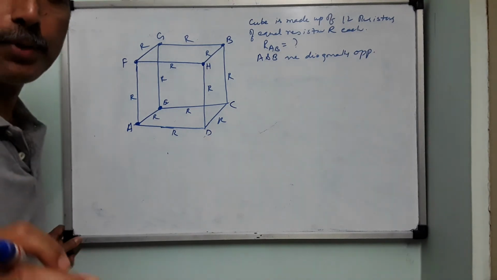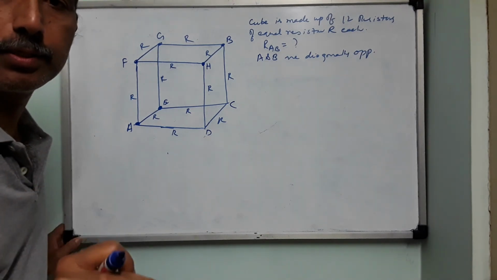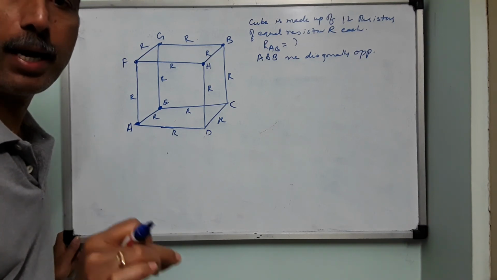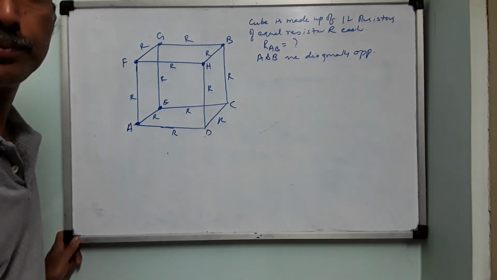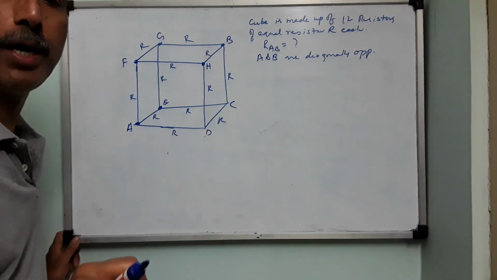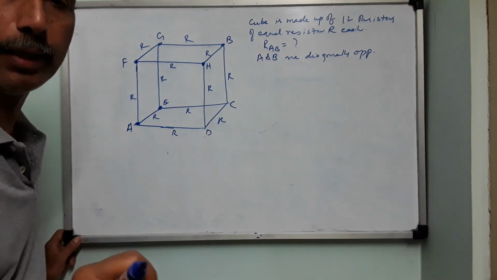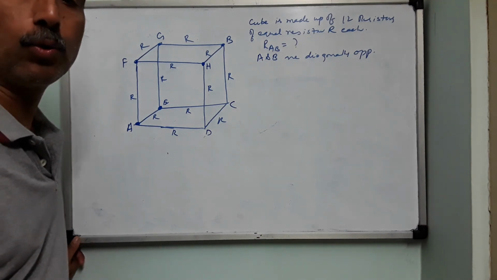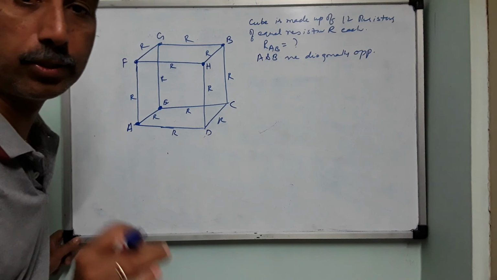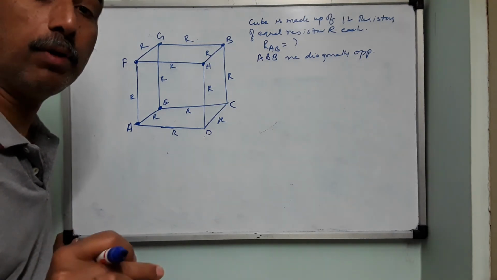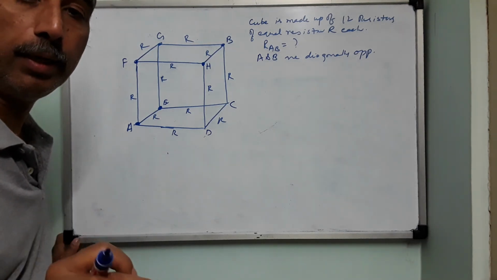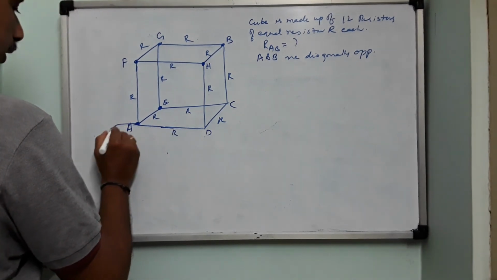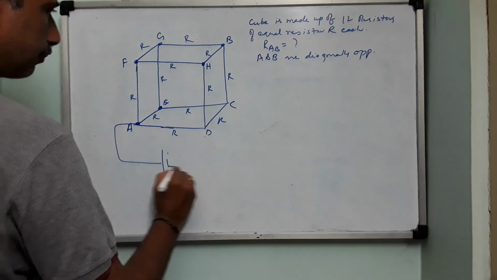So between whichever points you would like to calculate the net resistance, remember children, you imagine that you are connecting a battery between those two points. I repeat, whichever two points you are asked to calculate the net resistance between, you are at liberty to connect a battery between them. Why a battery, sir? A battery will help you to determine the directions of current. So now between A and B, I connect a battery.